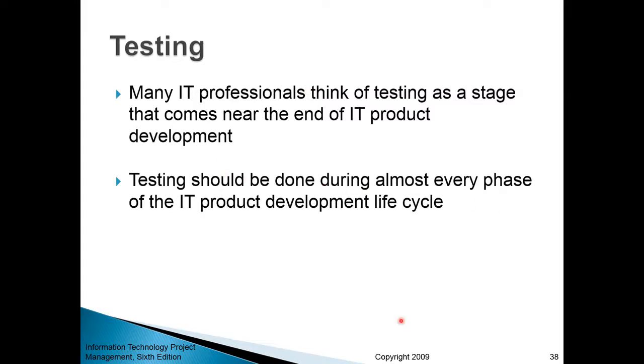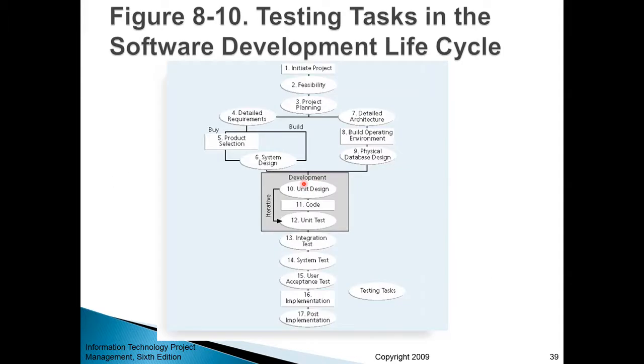IT product development lifecycle. So this diagram shows you a hypothetical plan or flow chart of a particular IT project, and it shows you how testing fits into this overall plan. So here you have project planning, where it's initiated, where feasibility studies are done, where detailed plans are developed. Here you have like a sub branch of the project that gathers user requirements. So once you have detailed user requirements and you decide to buy a particular solution, you select a product, and